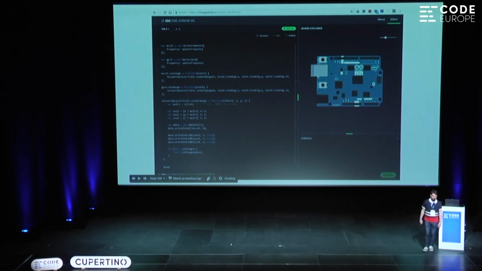So you saw my demo before, where I made this connecting the device. We're using Web USB, it would just connect and show an IDE. So we actually had a team that went a bit further and said, hey, let's make this a product. We can do this. We can do it really nicely. So they're working on this JavaScript IDE for Zephyr. It even shows you how the device looks.